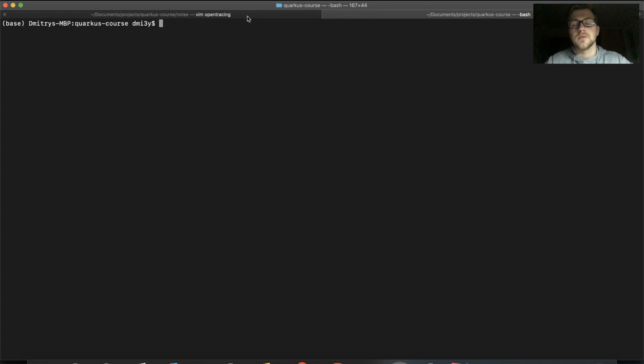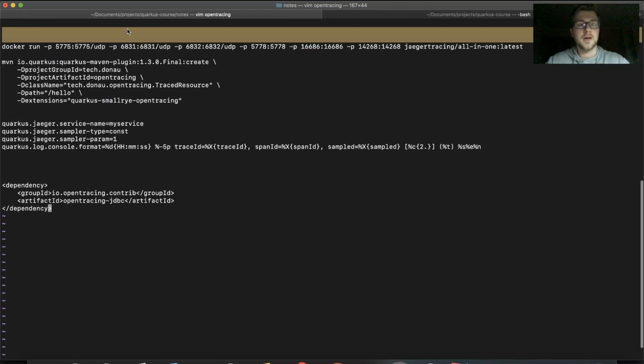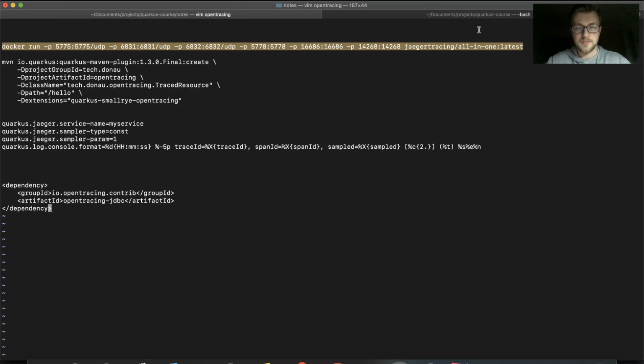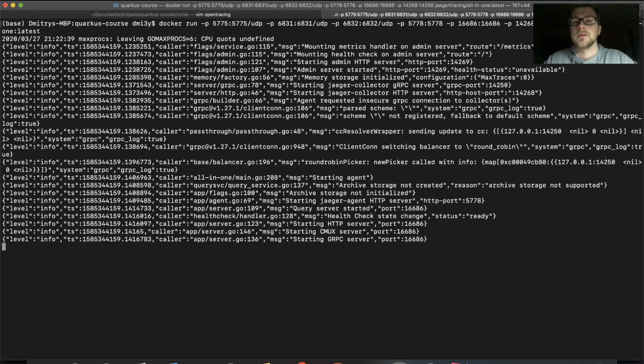Firstly, we're going to use Jaeger in Docker for tracking, which uses OpenTracing to look at what is going on, right? Jäger in German means hunter. I think it's a Go tool, which is really convenient for tracing, and you can have a look as well. So I started the Jaeger tracing all-in-one latest image,